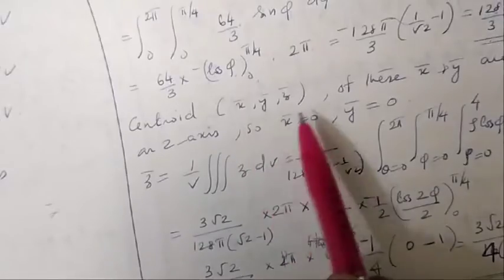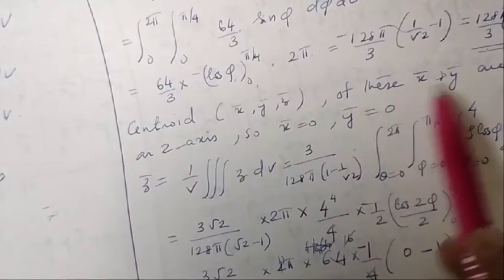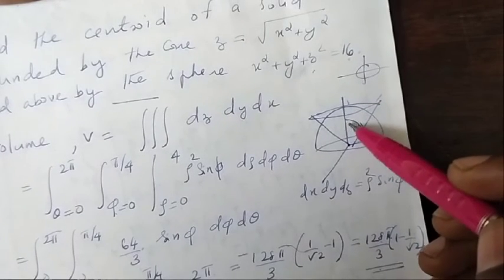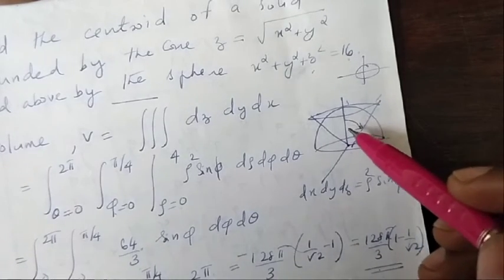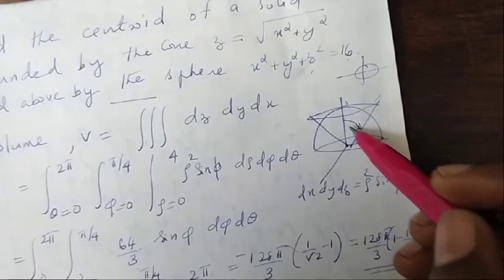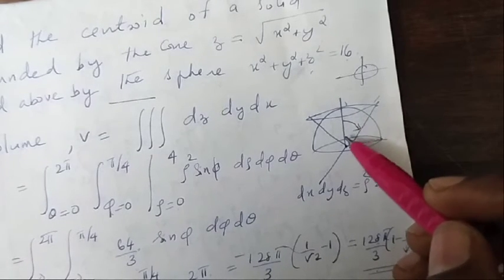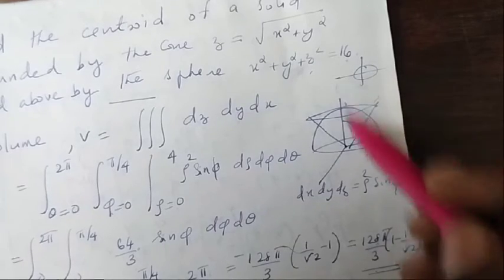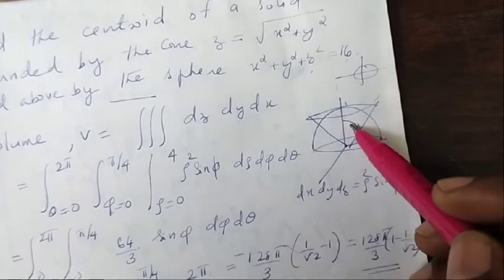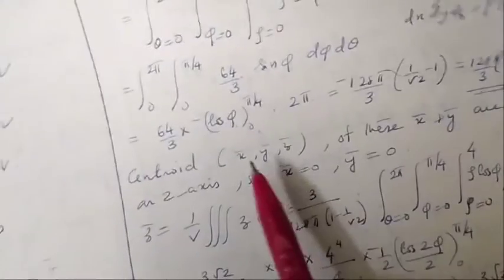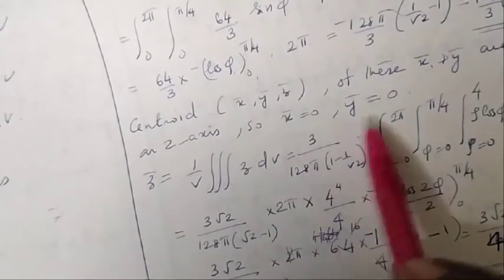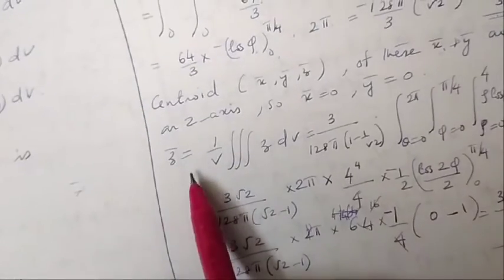Then we need to find the centroid. Centroid is x bar, y bar, z bar. So what about the centroid? Centroid is the point at which the force of gravity is equivalent everywhere. Okay. So it is clear that since this is the region, the centroid is along the z axis. So z axis means x coordinate and y coordinate are zeros. So for the centroid, x bar and y bar are 0. So it is enough to find only z bar.